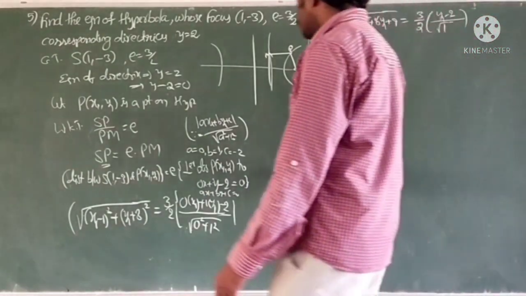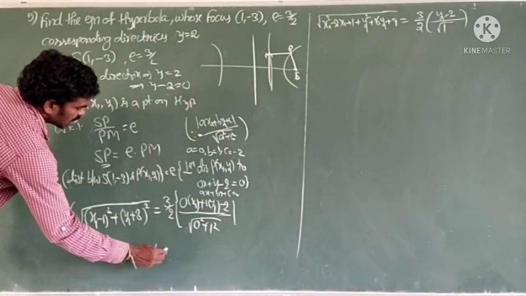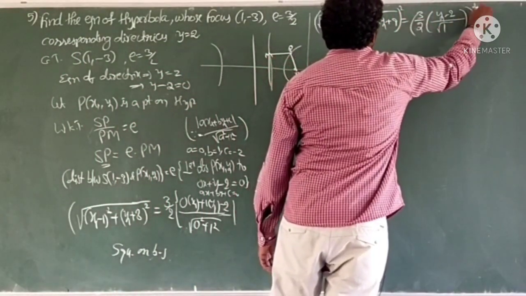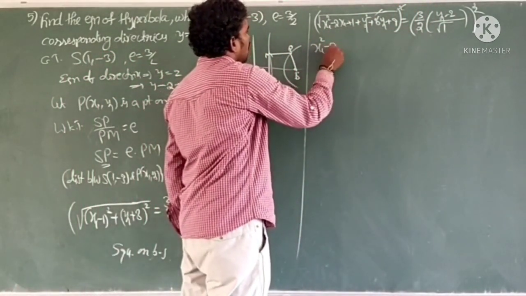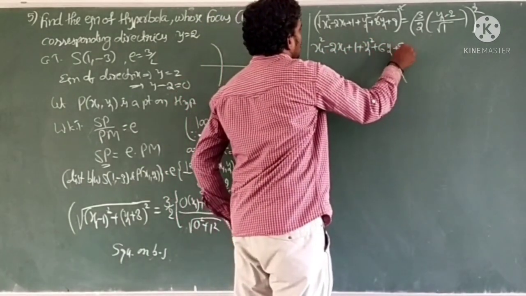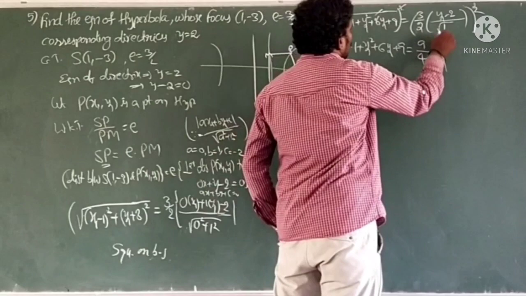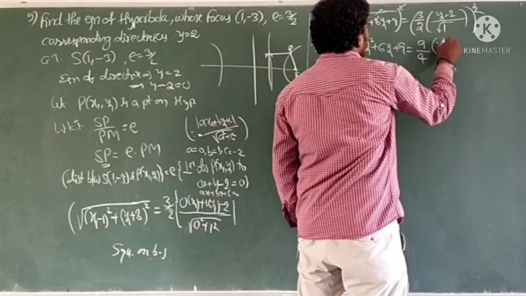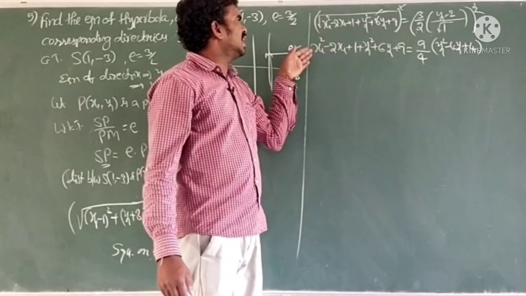And immediately squaring on both sides, because it has a square. Squaring on both sides, here the square root gets cancelled. The remaining is x1 square minus 2x1 plus 1 plus y1 square plus 6y1 plus 9 is equal to 3 square means 9 by 2 square means 4, and root 1 square means 1 only, no need to write, and (y1 minus 2) whole square means y1 square minus 4y1 plus 4. So, 4 send to the left side